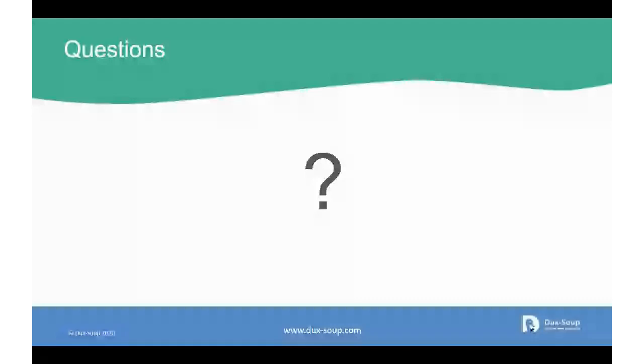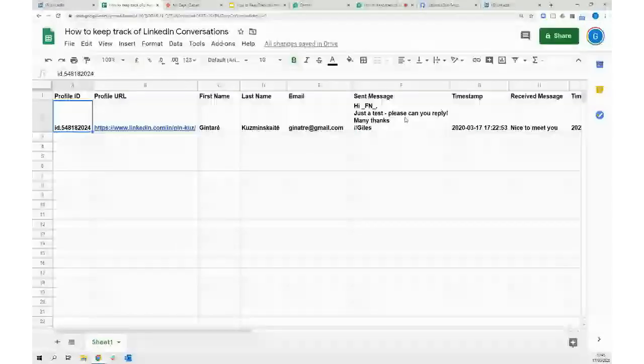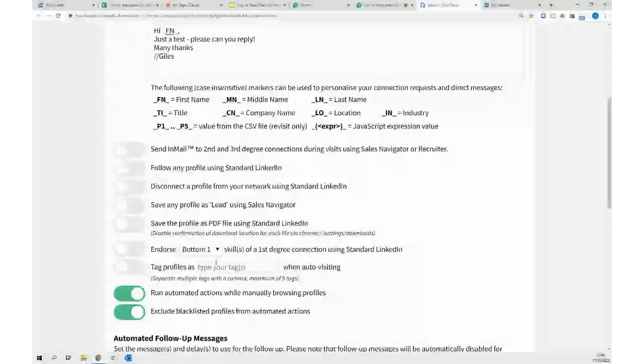So the first one would be, can you include DuckSoup tags in the spreadsheet so we know what the conversation is about? That's from Bill. Absolutely. That's a really good question. So if we look here, if you wanted to capture the tags, if you were tagging people as and when you sent your message, if you were making use of the tagging profiles when doing the auto visit here, in the payload of